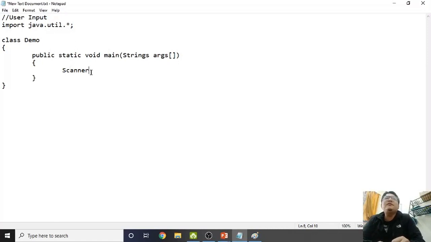The use of this scanner class is to facilitate the programmer in taking the user input during the runtime of the program. So this Scanner is basically the name of the class which falls under java.util. Okay. So for example, my name of the object is ip. I hope now you all know how to create the object of a class: name of the class followed by name of the object, equal to symbol, new operator, and then again Scanner, the name of the class. Now